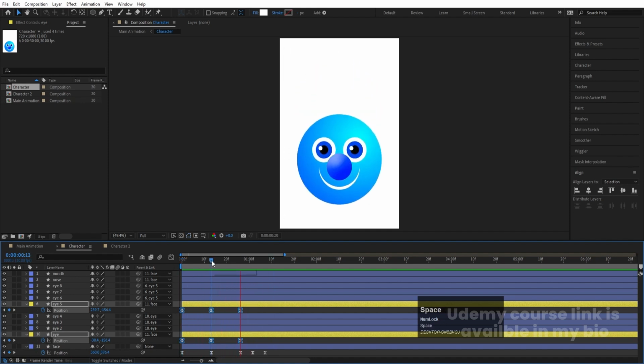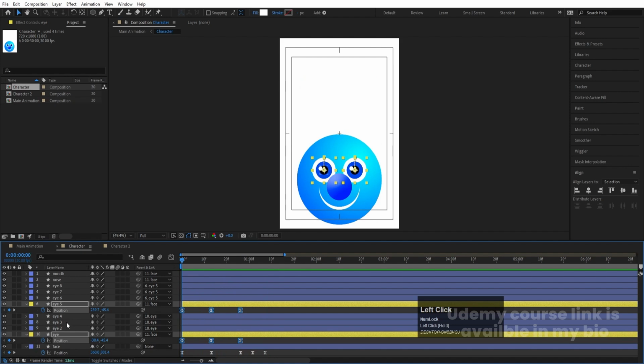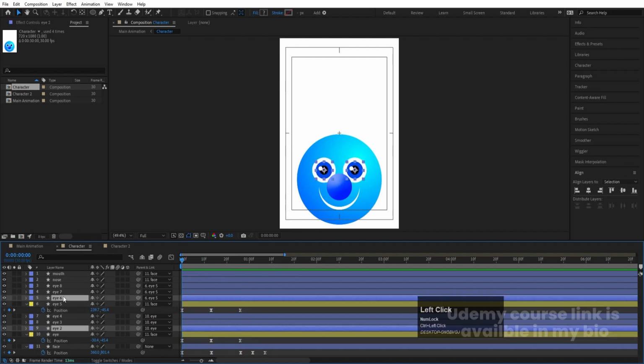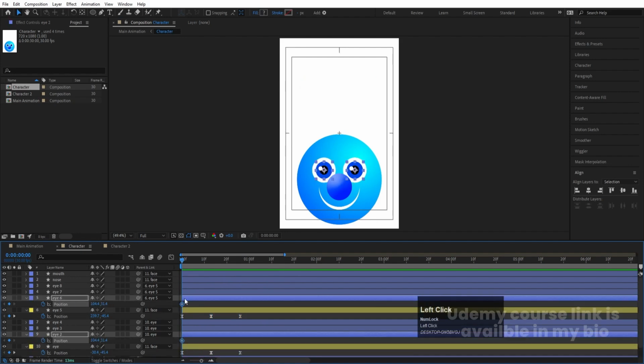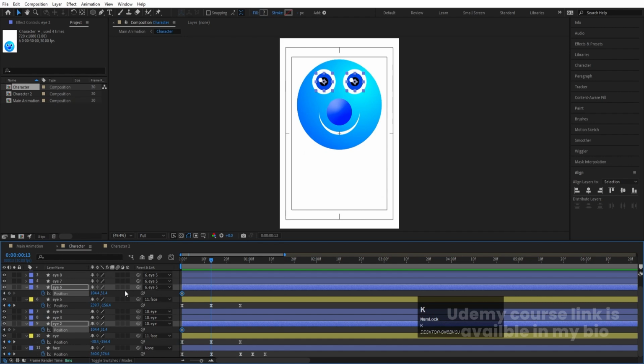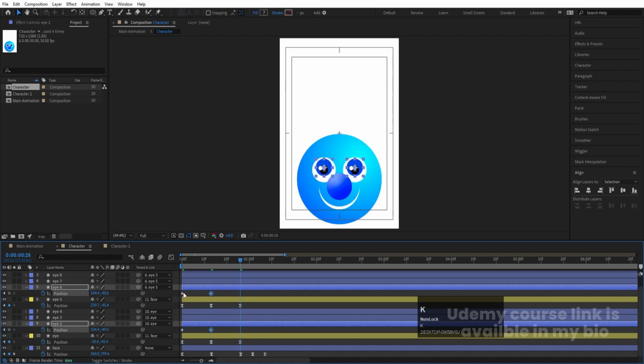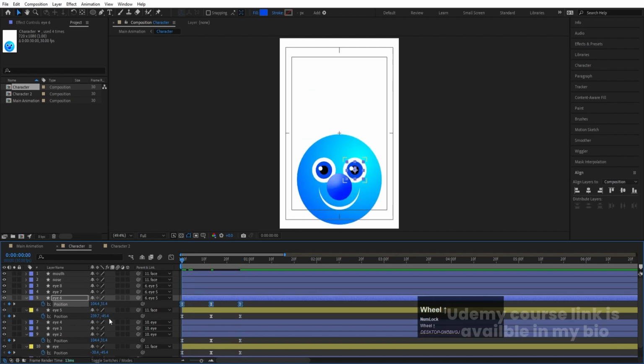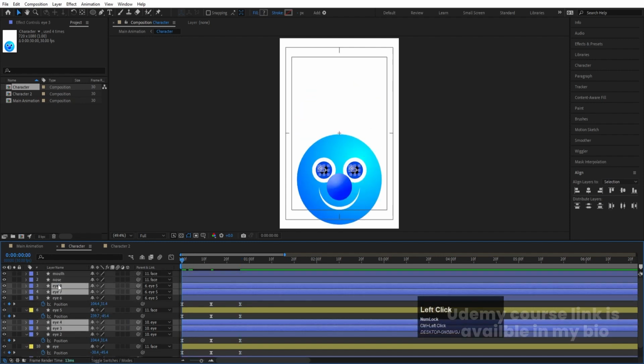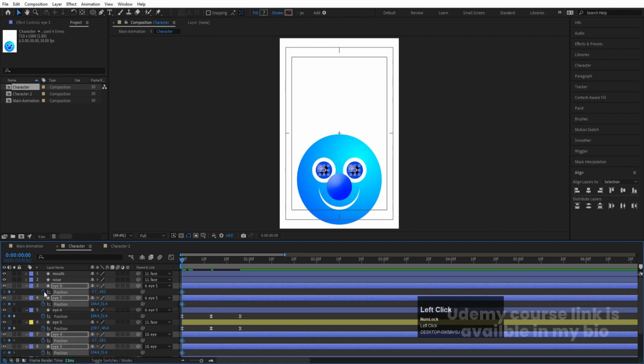Okay, over here. Now along with that, those pupils should also go up. So let's select those, press P, create one keyframe, go over here. It should go a little bit upward like that. And at this point, Ctrl C, Ctrl V, Ctrl C, Ctrl V, select those keyframes, hit F9. Okay, like that. So similarly, these two portions as well, by holding Ctrl, press P, create one keyframe, go over here,